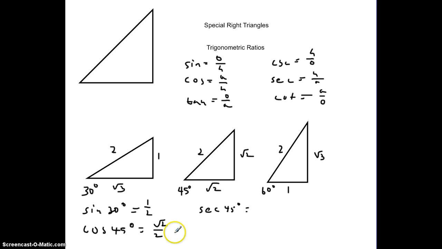The cosine of 45 was square root of 2 over 2, so that would be 2 over square root of 2. So we'll multiply by square root of 2 over square root of 2, which would give us 2 square root of 2 over 2, which is square root